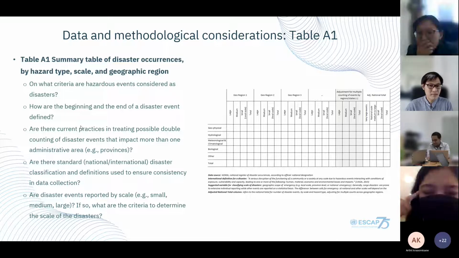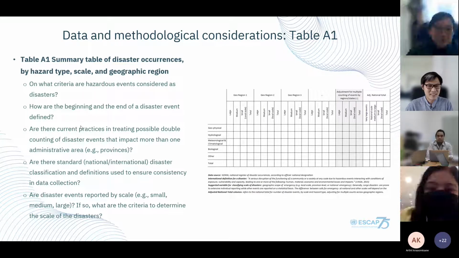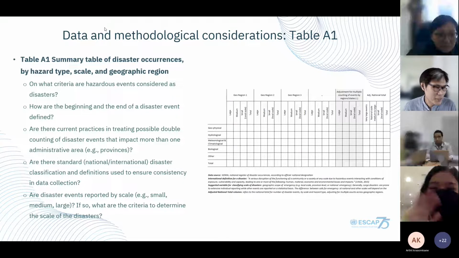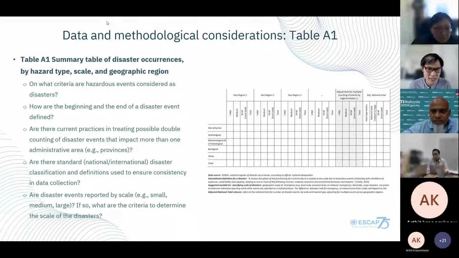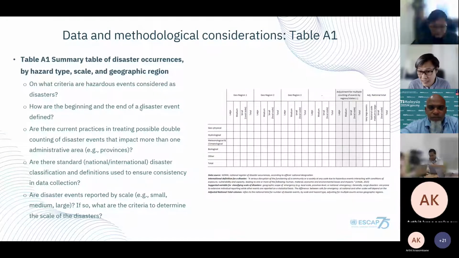So thank you very much, Madam Chair, Mr. Terafong. Thank you po. And thanks, Vivian, and very nice to see you again. So maybe with the permission of the moderator, we have a poll, so that perhaps we can move to the next question on the possible double counting. And I also see Shasna from the Maldives on the call as well, in case other colleagues would like to raise their hand now.